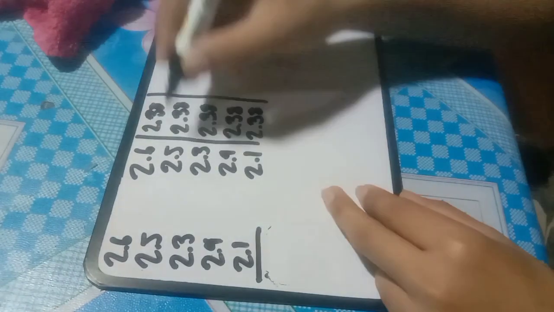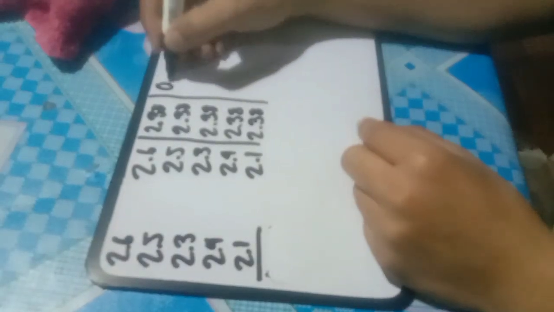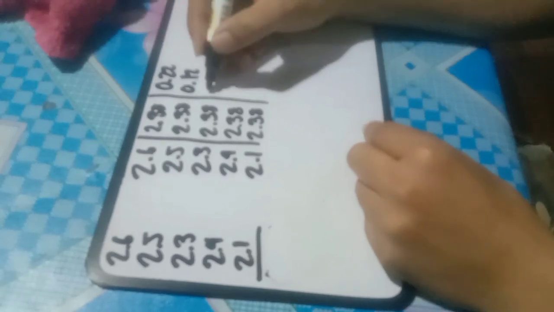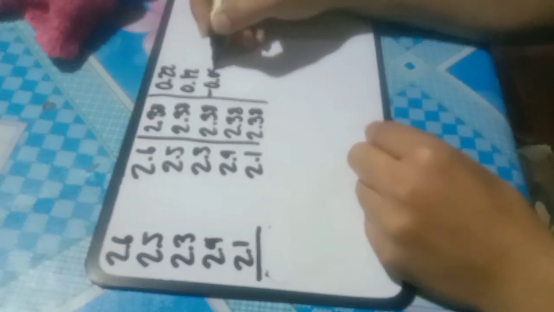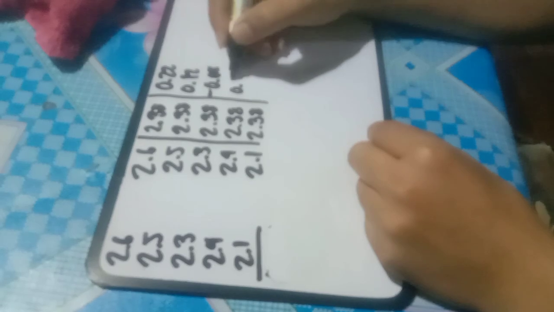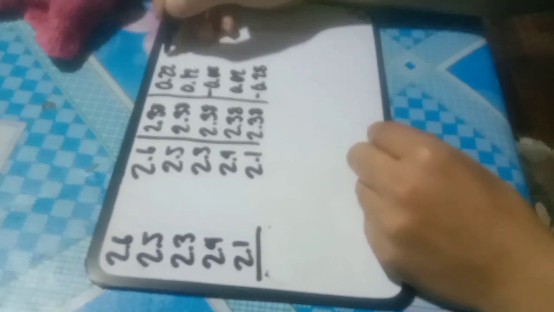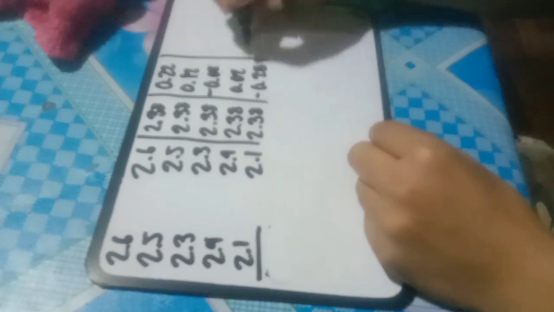We're gonna subtract each other, which is equal to 0.22, 0.12, negative 0.08, 0.02, negative 0.28. And let us square all these, which is equal to